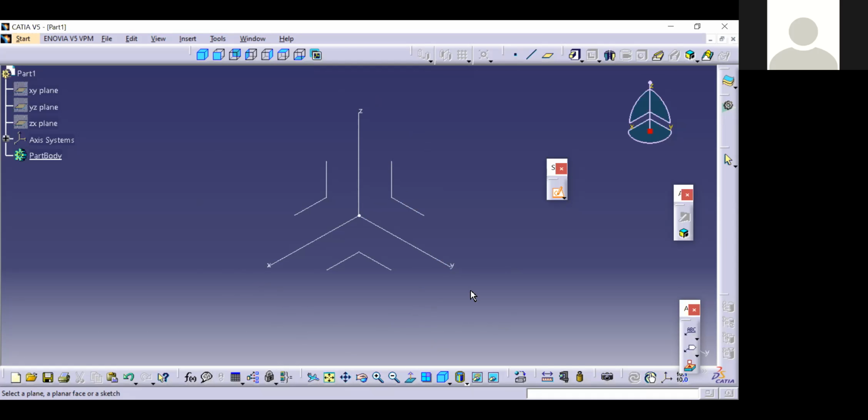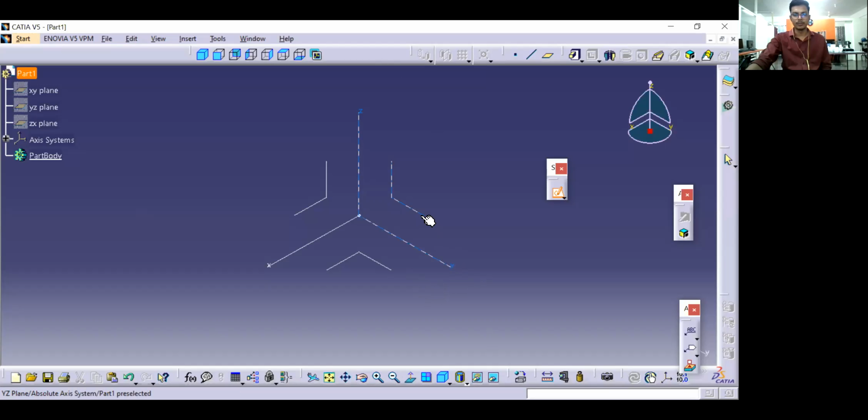This coordinate system is called the global coordinate system. 3D things will be done on this global coordinate system. If you want to create 2D sketches, you have to enter the local coordinate system, which is nothing but the back face. The global coordinate system is the front face of the software. Got my point, right? Okay, sir.